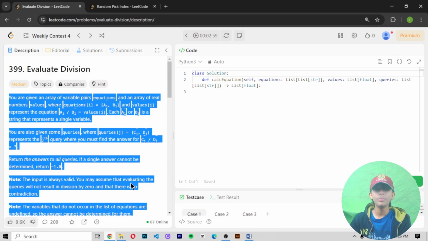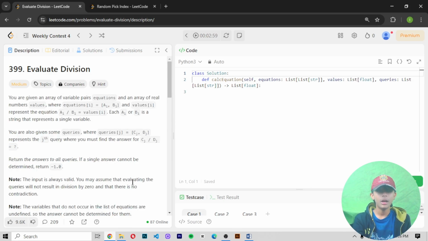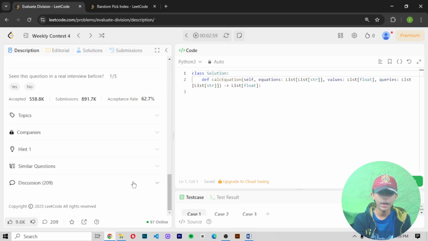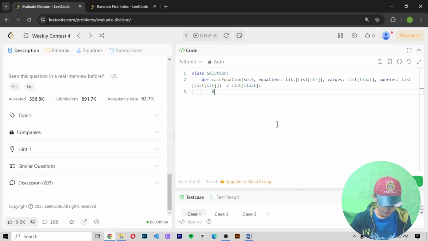First of all, I hope you understand the question. Understand the question very carefully. First you understand the question, then come on to the code. I have understood the question, so now let's start to write the code. Give the space here and define a comment. First we write here: construct